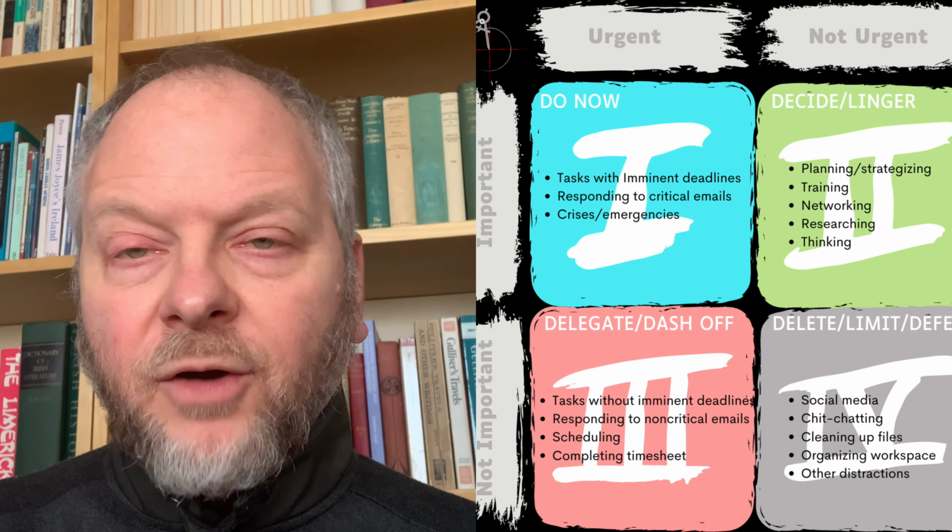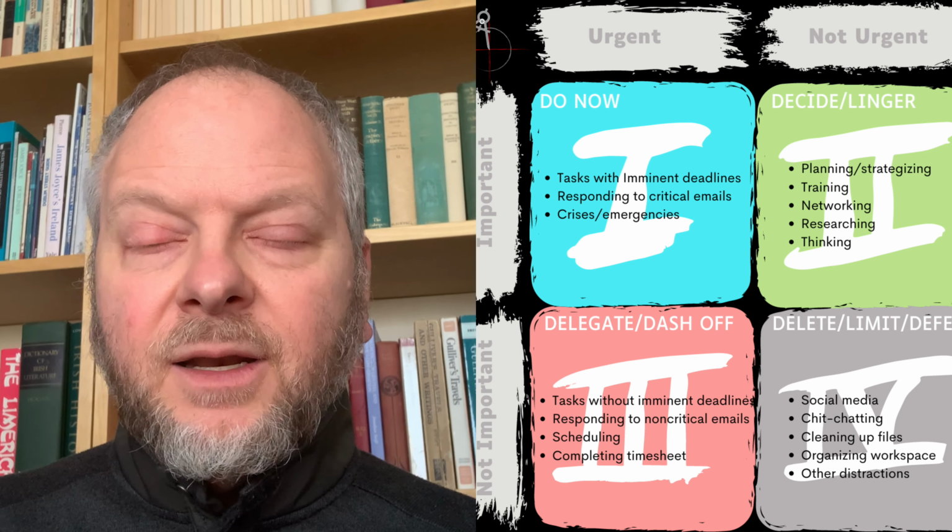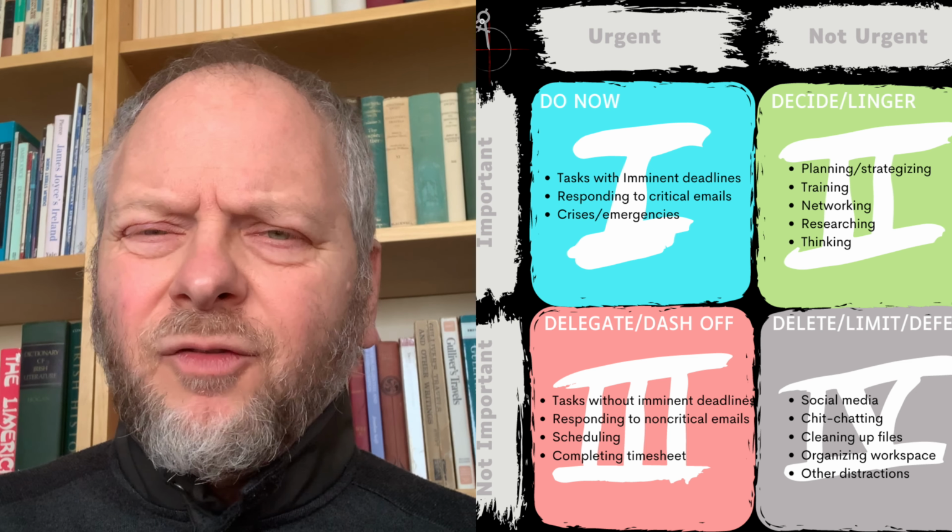Is it quadrant one, quadrant two? Is it urgent? Is it important, right? But after you do this a few times, it's just intuitive. It comes very quickly. So you can think about every decision that comes up very quickly. Is it urgent? Is it important? And once you do that, well, everything gets a lot easier.